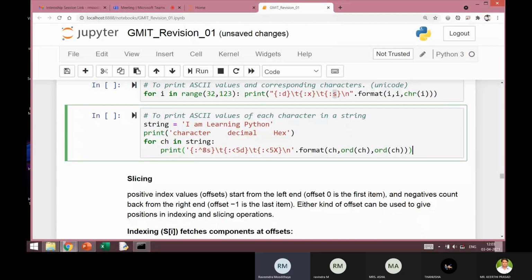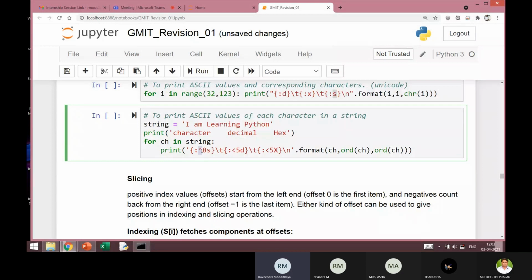So when I write this 8 here, it indicates use 8 character spaces for printing the first one, that is the character. And within that 8 character space, place the character in the center. So that's what this caret symbol means.